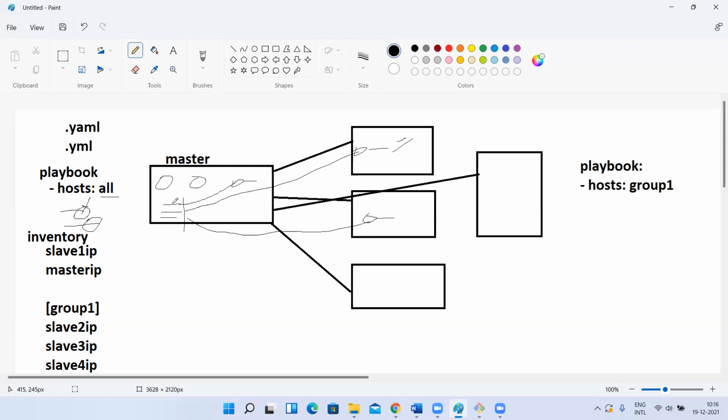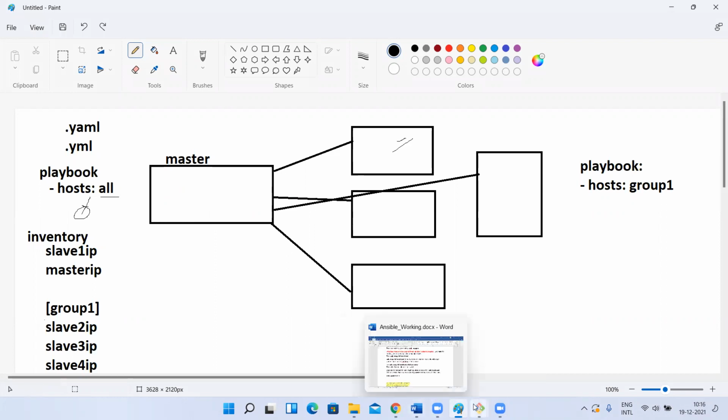Yes, sir. So like this, we made the communication. We installed Ansible with the prerequisites of Python and all, and then we made the communication between the master instance and this. So that authentication is not related to Ansible. That authentication is related to SSH and Linux only. But Ansible will use that. Now it's time to write our first playbook.